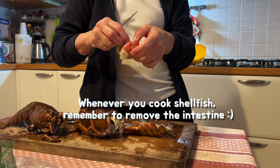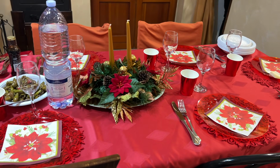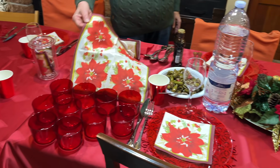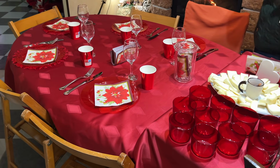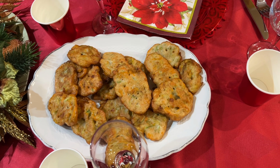We wanted to celebrate the last day of the year with friends and we organized this beautiful dinner. Frittelle, formaggi,